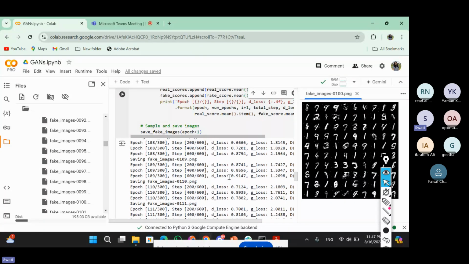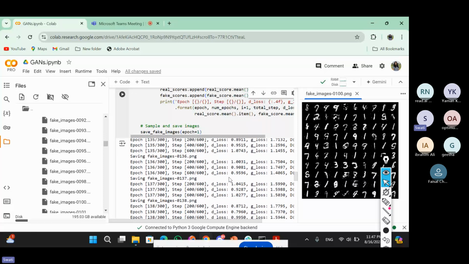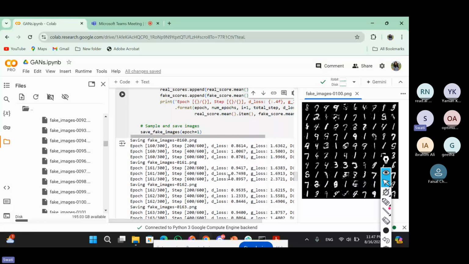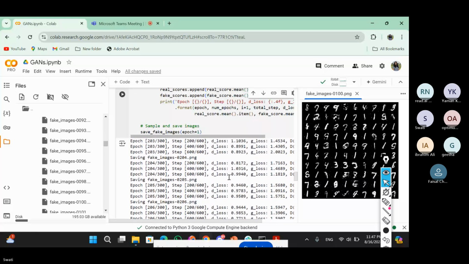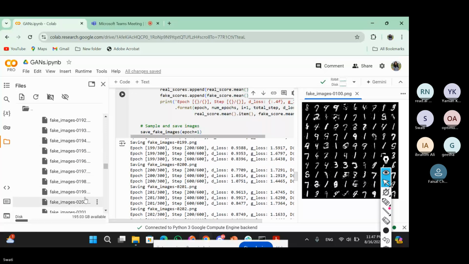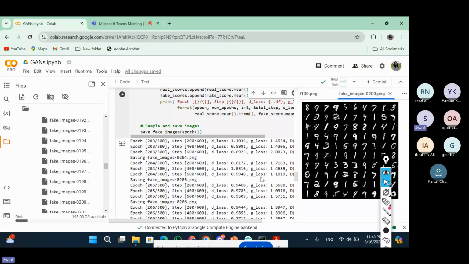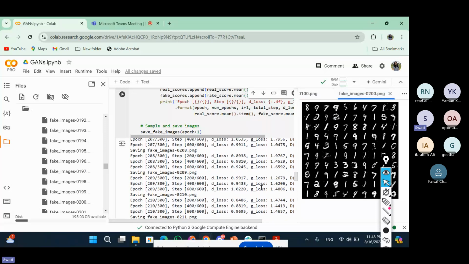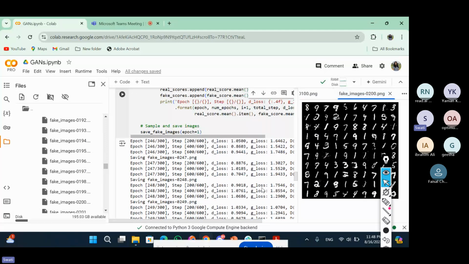So again, you can see after 200 epochs how it looks. At 200 you can see these are more clear. This is at 100, still some blurred. Now it is more clear. Some are still blurred, but still it is better. So yes, here you can see that after training for 300 epochs,